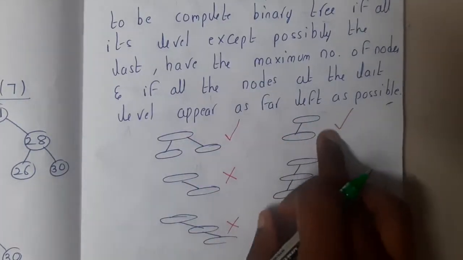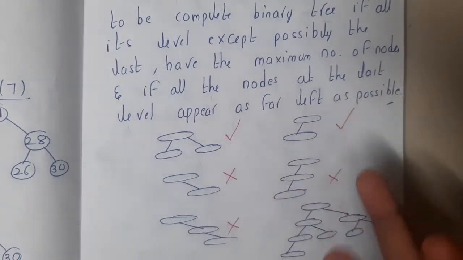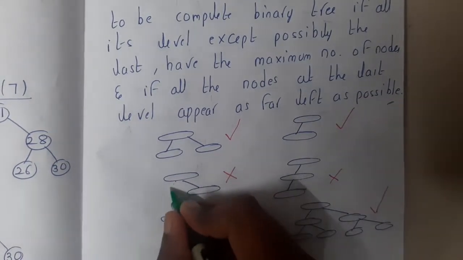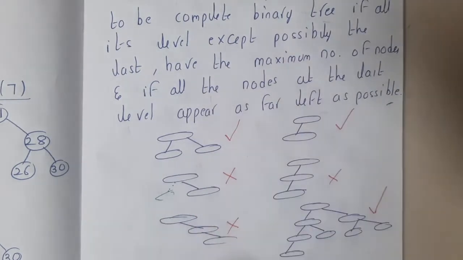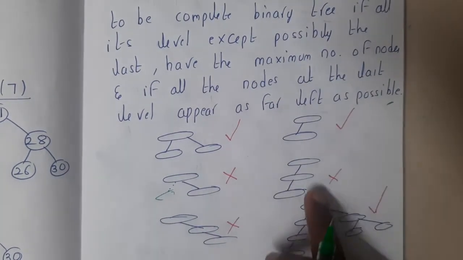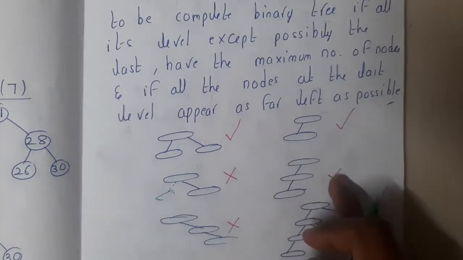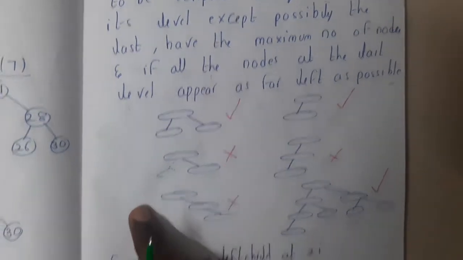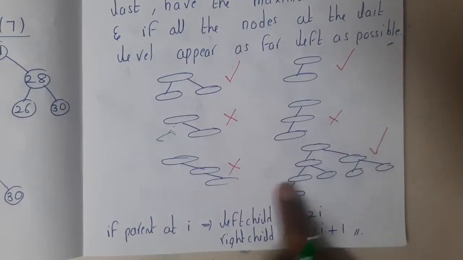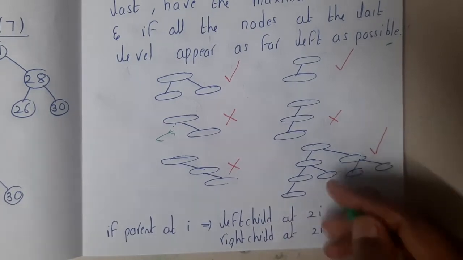So is this a complete binary tree? Yes. Is it a complete binary tree? No, because this node is not there. What's the issue? Is it a complete binary tree? This node is missing. It should be from left to right, right? So that's not a complete binary tree. Similarly here, this node is missing, so it's not a complete binary tree. This node is missing, not a complete binary tree. Again, here it is filled layer by layer, and the leftmost is filled. So it's a complete binary tree.